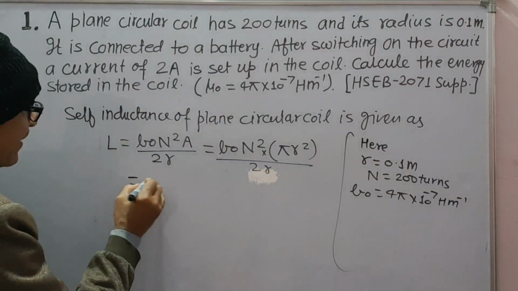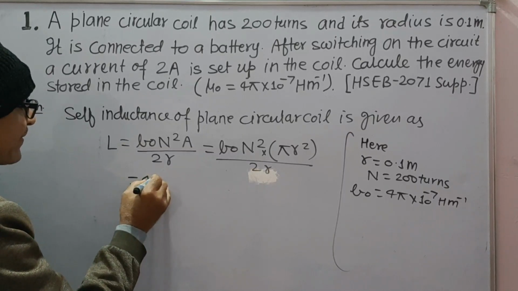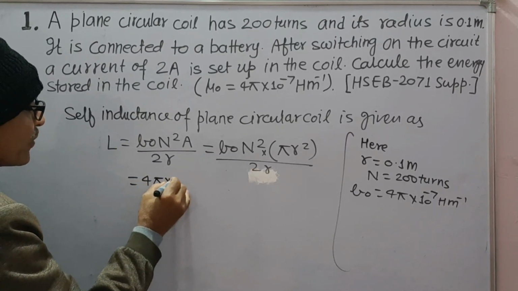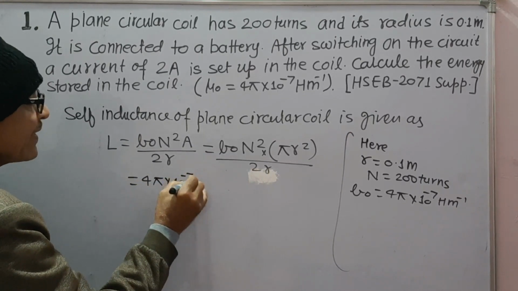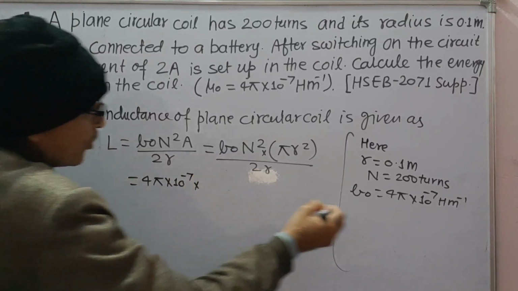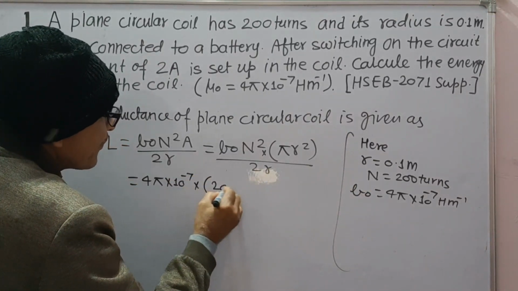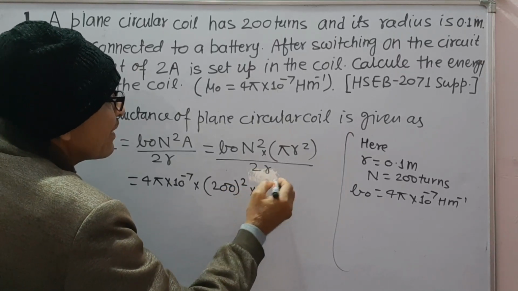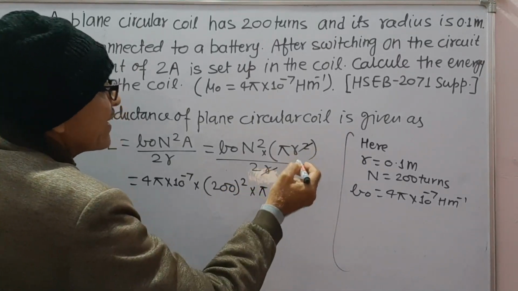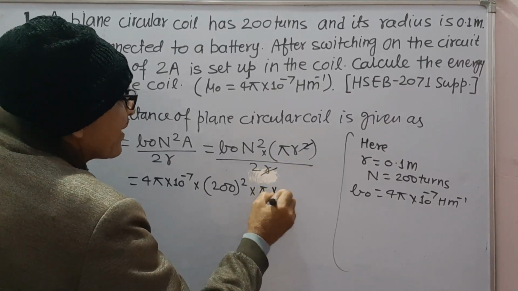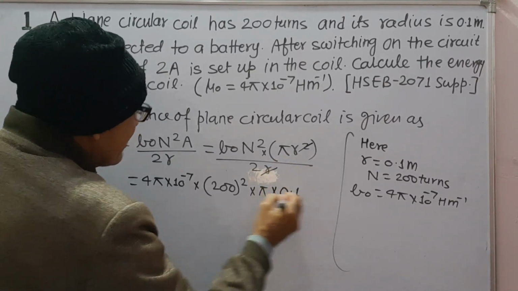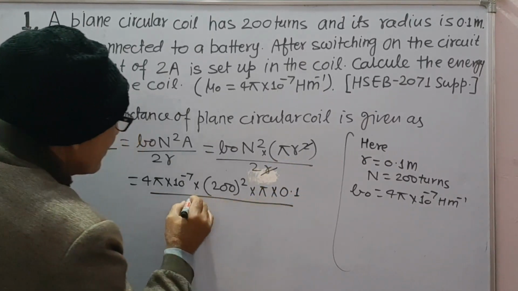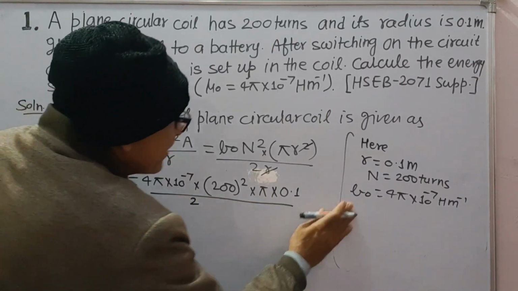Therefore, L will give us 4 pi into 10 to minus 7, N is 200 square, and 2 pi, one R cancels out into R. R is 0.1 upon 2, which gives